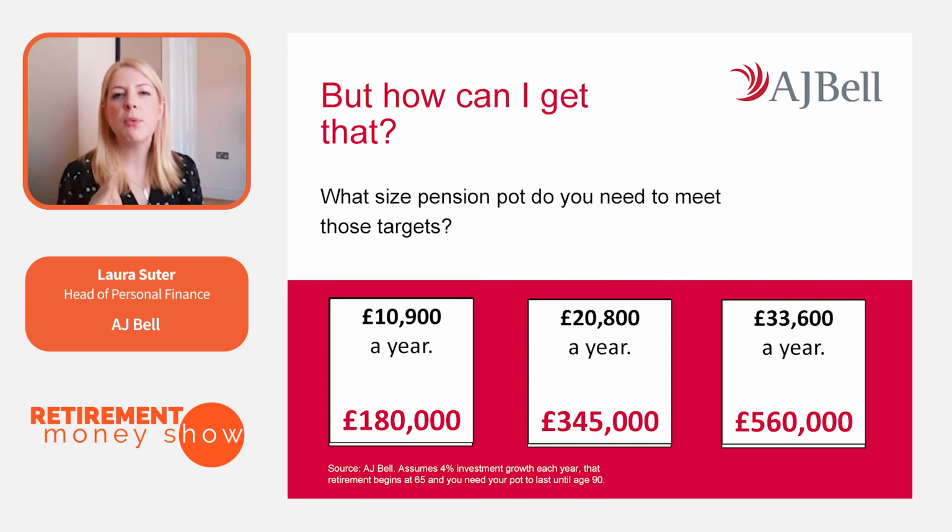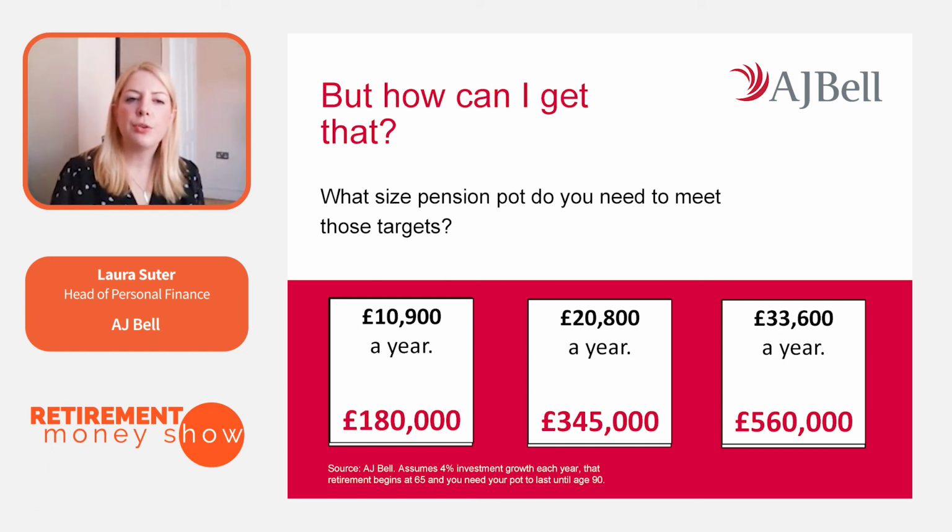And then the next one is a bit more of a luxury lifestyle. It might be what a lot of people picture having in retirement. It's things like going on more than one holiday abroad a year, or going out to eat more, being able to buy presents for the grandkids. And that is £33,600 a year that you would need as income. So these are good ways of framing how much money you might need in retirement, but what size pot do you need to provide that income? So what I've done here is look at what size pension pot you would need to provide that income in retirement.